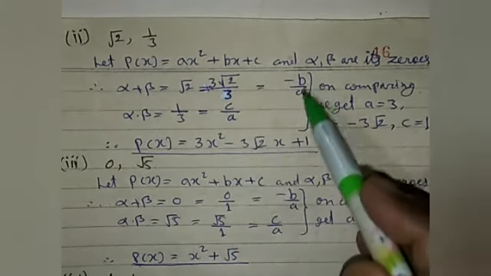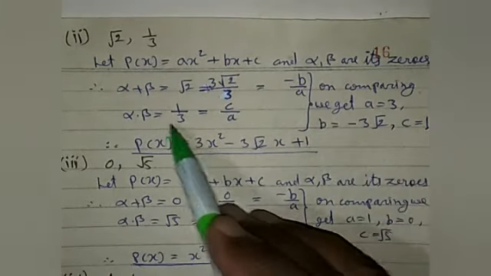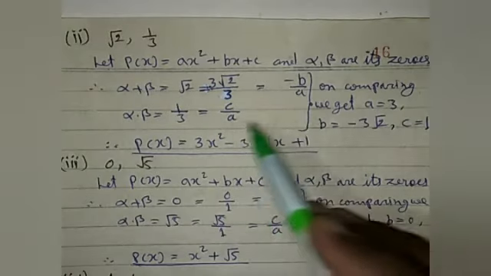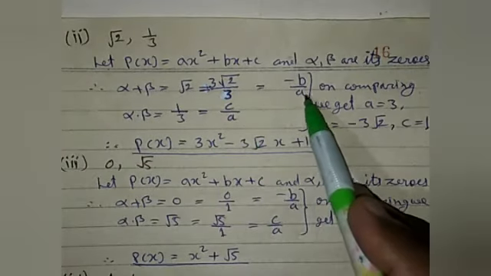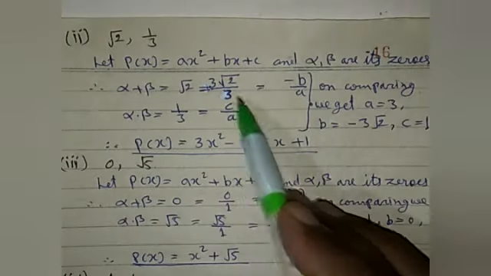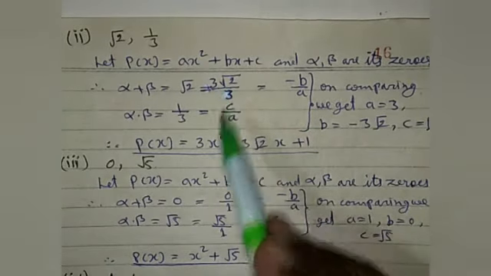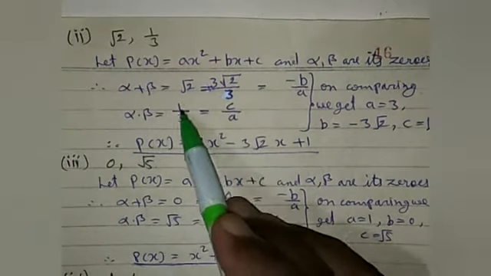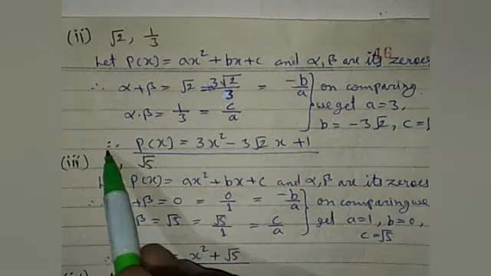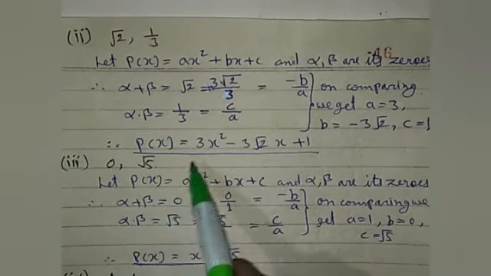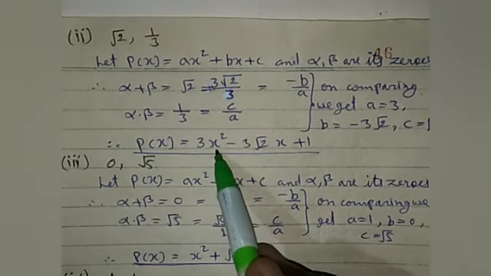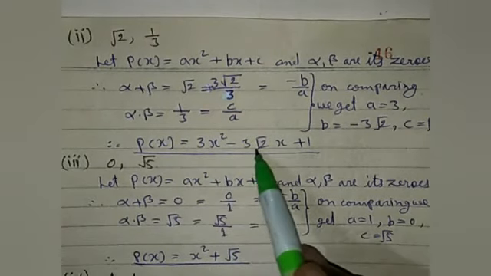And it is equal to minus b upon a by the relation, and the product is equal to c upon a. On comparing both relations, you will get a equal to 3 in both parts, b equal to minus 3 root 2 and c equal to 1. So the polynomial will be p(x) equal to ax square, meaning 3x square, plus bx, meaning minus 3 root 2 x,